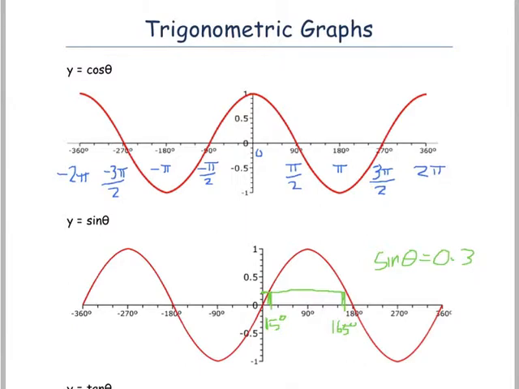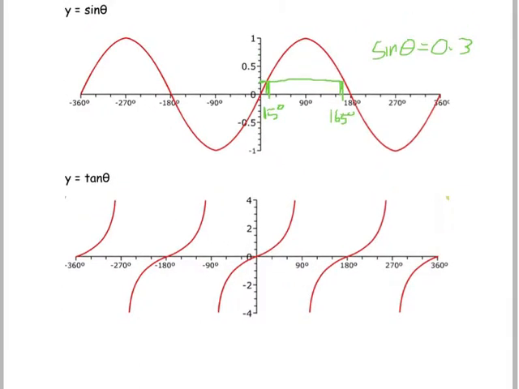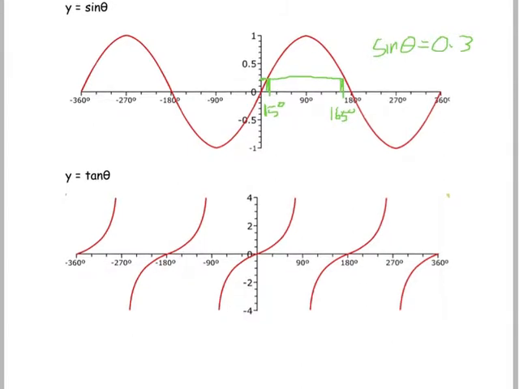Now those two graphs you are familiar with, y equals cos theta and y equals sine theta. Y equals tan theta might be new to some of you, which is this. Whereas sine theta and cosine theta continue in one nice oscillating pattern in 360 degrees, tan theta oscillates every 180 degrees, and there is an asymptote with these where 90 degrees, you can't do tan of 90 degrees, because